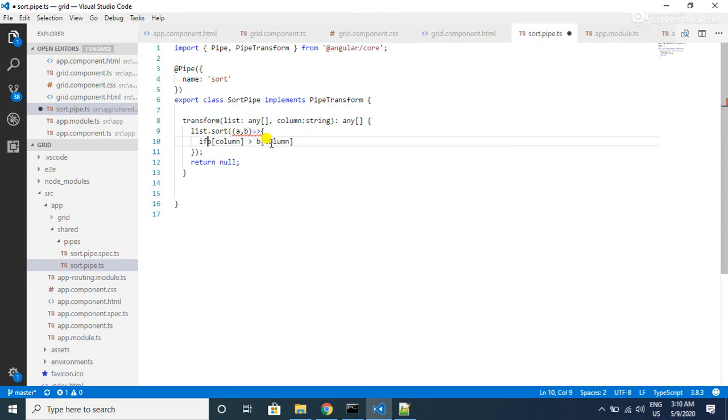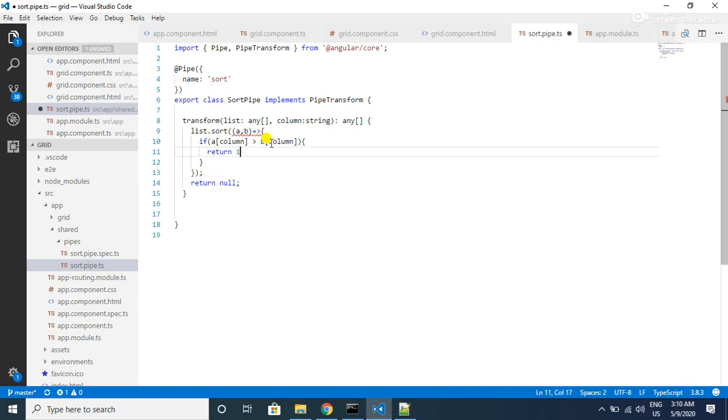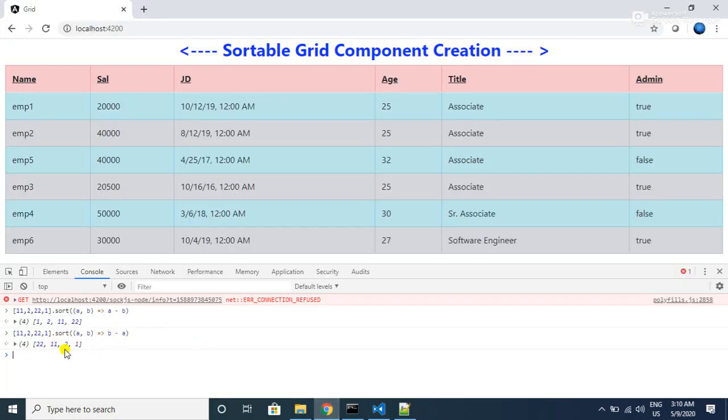then we want to return a positive number. So let's pass simply 1, because we are not doing a minus b in this case, or a of column minus b of column, because we will be having different data types. That is the reason why we are using the greater than operator here. In the other case we were just having numbers, so that is the reason why we could simply return a minus b. Whereas here we have strings and also numbers and also dates and also the age, and also boolean values.